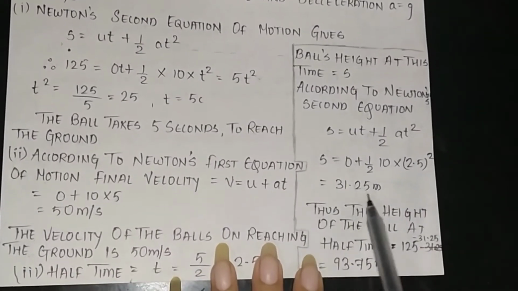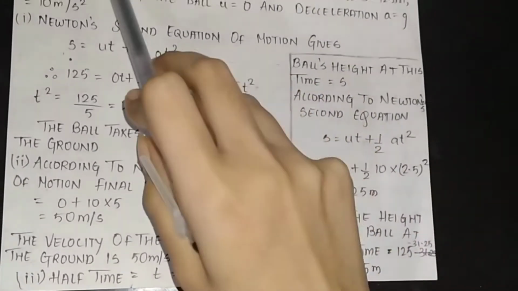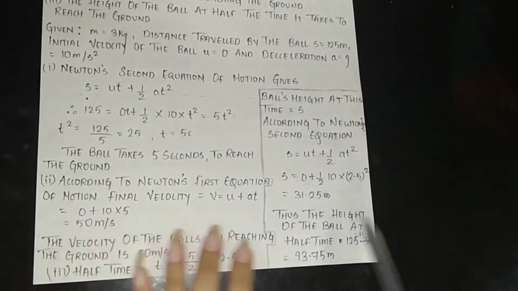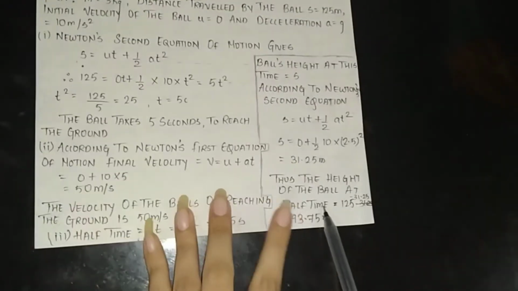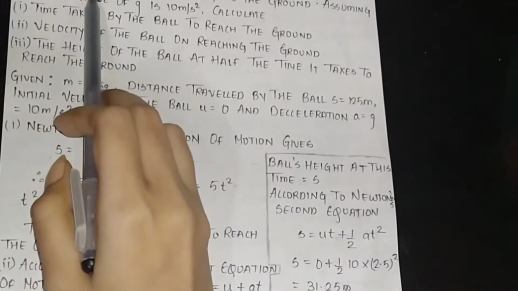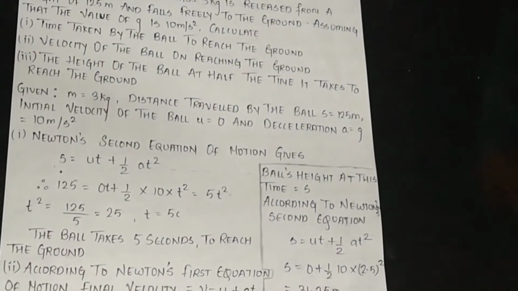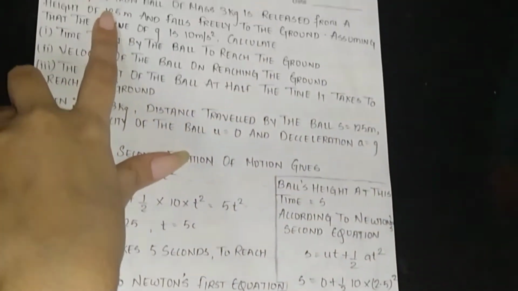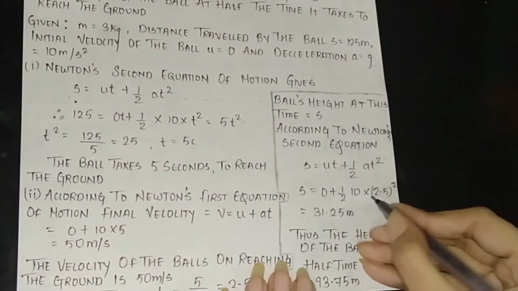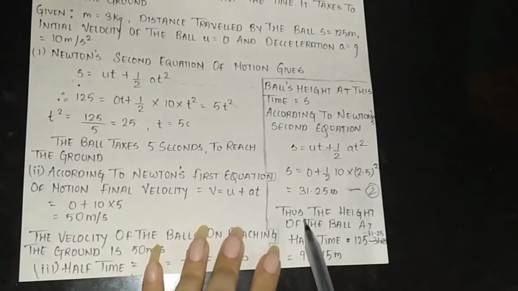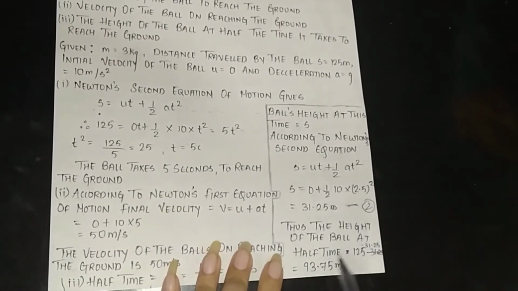But we have only calculated the distance fallen. But what is the height at half the time required to reach the ground is still remaining. Thus, the height of the ball at half time is equal to 125, means the value that we have calculated at the height h, 125 meter, we have to subtract from. By subtracting equation 2 from equation 1, we can easily get the answer. Therefore, thus the height of the ball at half time is